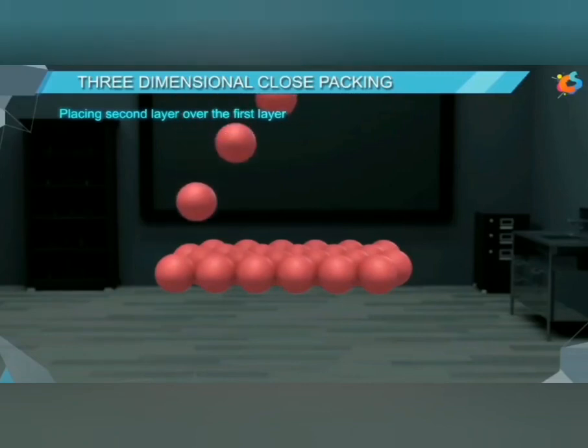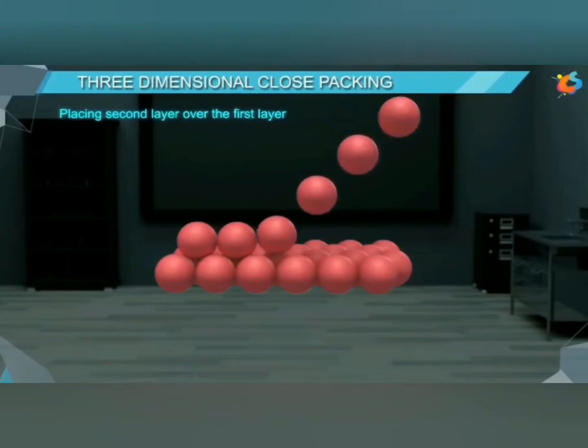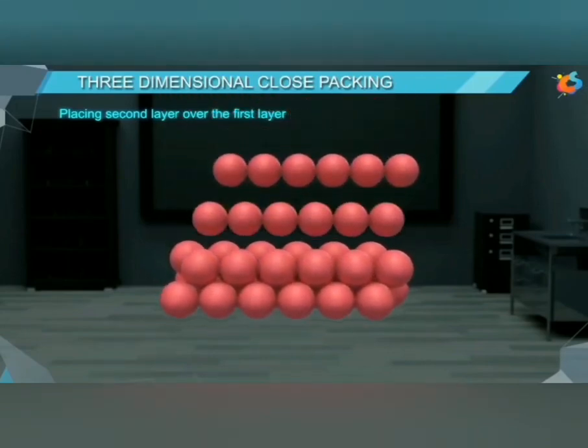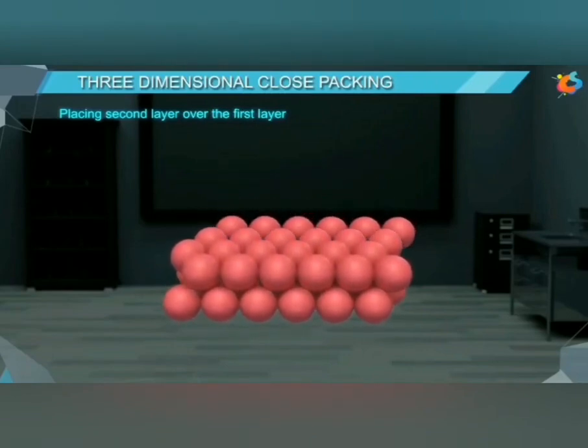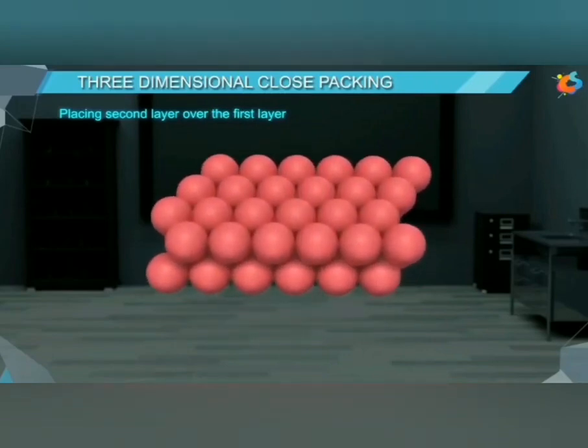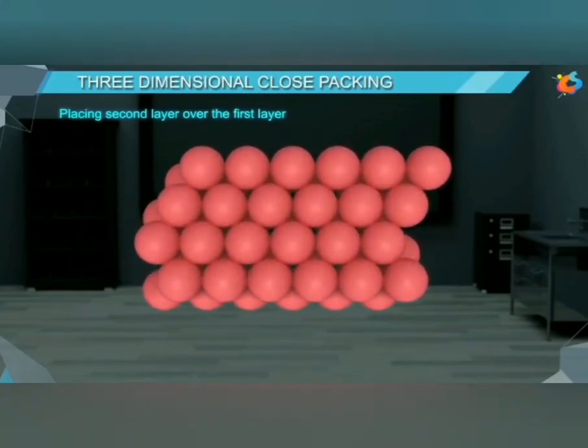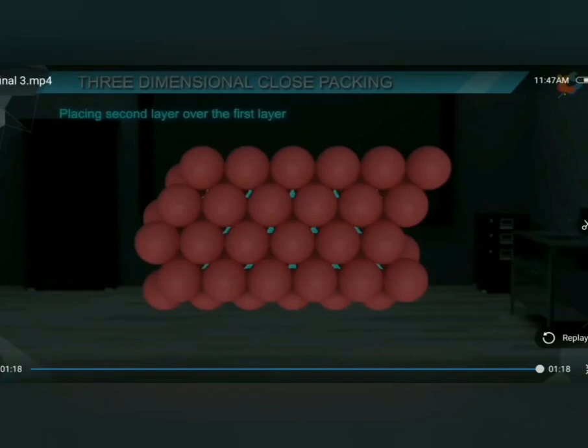After that, if you take the first layer of hexagonal close packed structure and arrange the second layer above it in a staggered manner, it is not present exactly above, it is staggered. So the arrangement will be different. It is a B type of arrangement, and these voids are not covered by the second layer. So there is a presence of a different arrangement and different voids in hexagonal close packed structure.